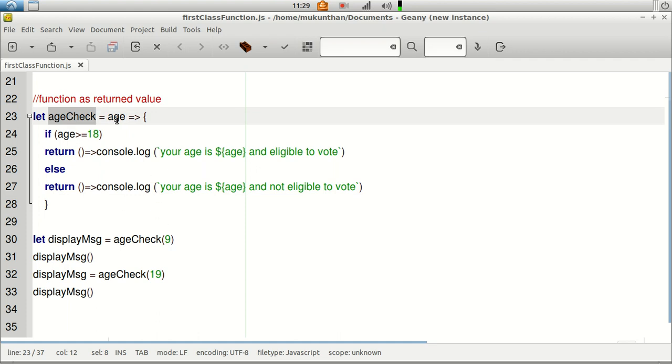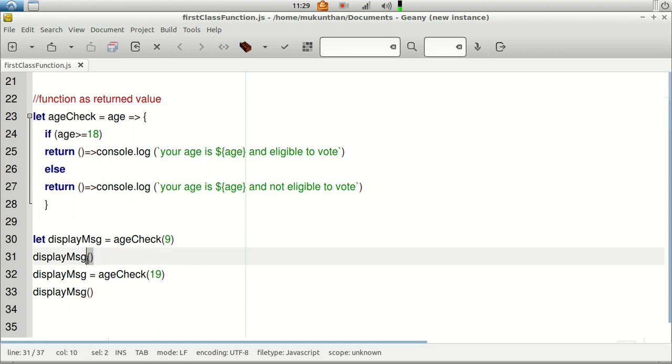Then it will be checking the if condition; if it is less than 18, it will be going to the else block. Rather than returning a value, you are returning the function, so that function will be assigned to displayMessage. You know that whenever you have a function assigned to a variable, in order to make the call for that function, you will be using the same variable followed by the parenthesis. If you have any argument for the returned function, you will be using that. If not, you will be directly using the empty parentheses, open and close.